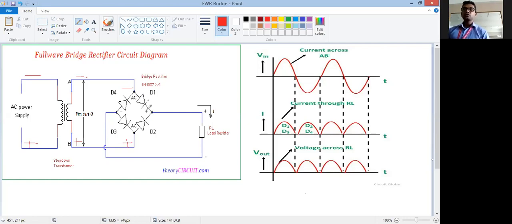Okay, so see what will be the connection. Again I will erase it for the sake of understanding. So in the circuit we have only D2 and D4. Okay, so see the current. We know that the current always starts from the positive terminal, so the current will go in this direction, correct? And see again the direction of current, the most important thing. The direction of current is again from top to bottom.